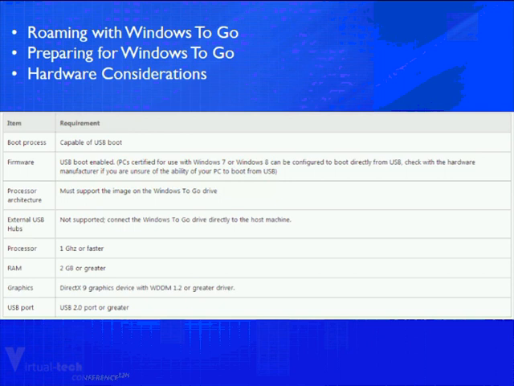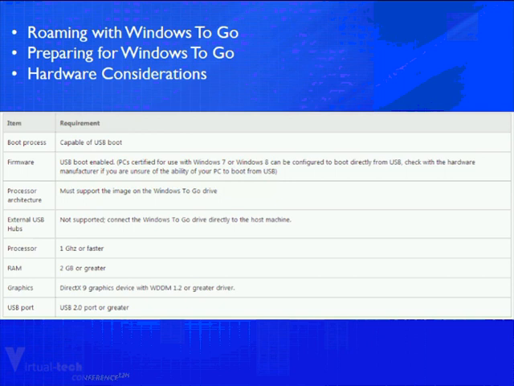Windows To Go drives can be booted on multiple computers. When a Windows To Go workspace is first booted on a host computer, it will detect all the hardware on the computer and install any needed drivers. When the workspace is subsequently booted on that host computer, it will be able to identify the host computer and load the correct set of drivers automatically. So you can just plug your drive into any system, and once the first assessment of the system is complete, if you replug your drive into that system, you can start working on it in no time.